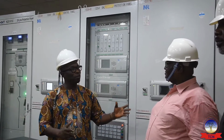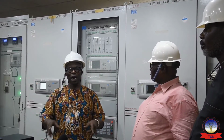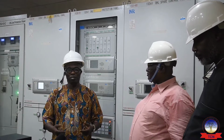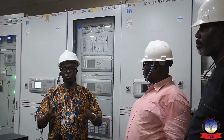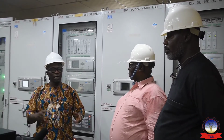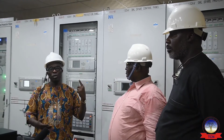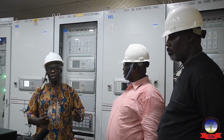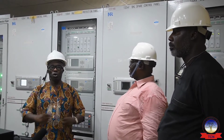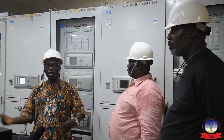With the installation of all this equipment, it has given us a tremendous improvement in the supply being sent out from Iwo 132 kV. Before, it was a manual station. Later, it was upgraded to a manned station. Later, we have all these line bays: Osogbo line bay, Iwo line bay, and Isheyin line bay. Before, if we are having any fault, the line would just go from Osogbo or from Ibadan, and there will be no supply. But now that we have segmented the circuit, the one from Osogbo,